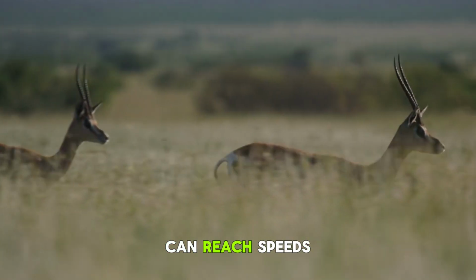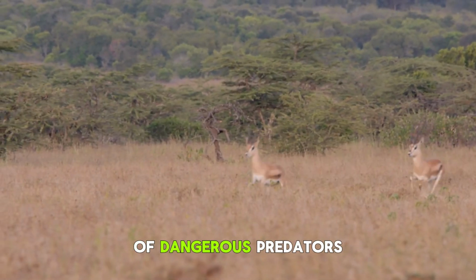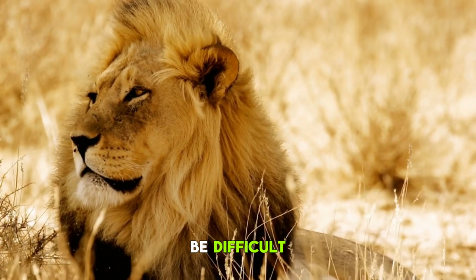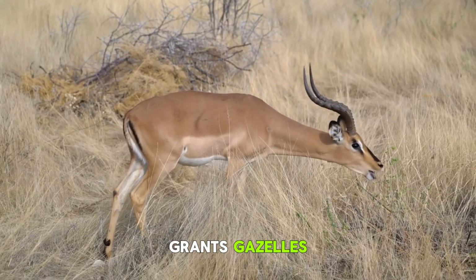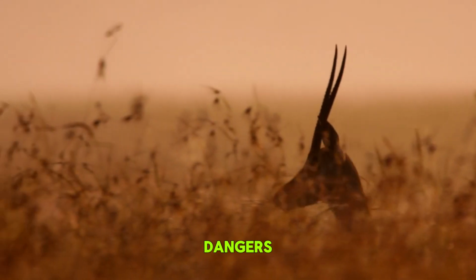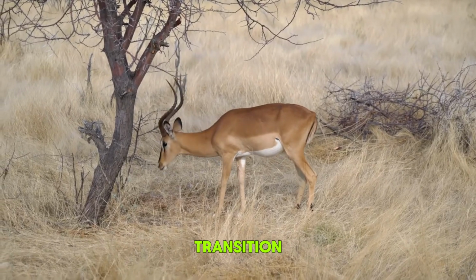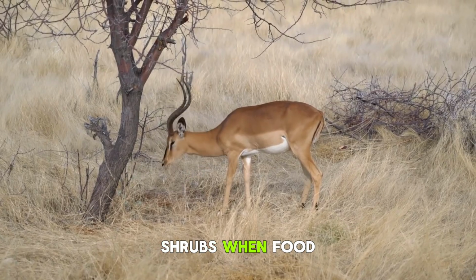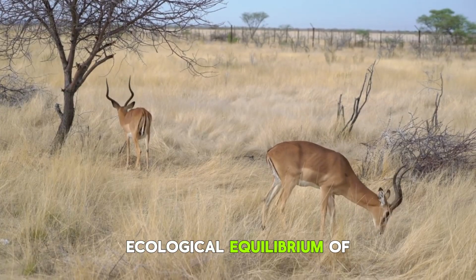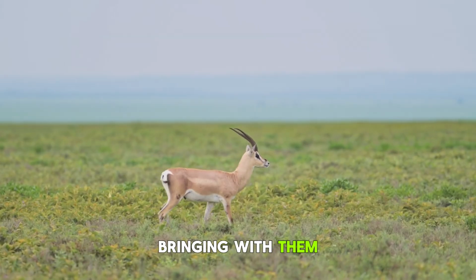Grant's gazelles can reach speeds of up to 50 miles per hour, allowing them to avoid the claws of dangerous predators like lions and cheetahs. Although the Lundo rangelands can be difficult, they also give Grant's gazelles the chance to improve their speed and quick direction changes to avoid dangers. Because of their versatile digestive systems, they can effortlessly transition between grass and shrubs when food supplies shrink, a survival tactic that supports the ecological equilibrium of this area when the herds migrate into the grassland, bringing with them the promise